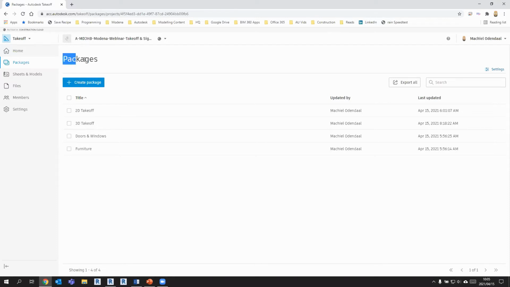What I'm going to focus on is the package environment. You can see I've just generated four types of packages, 2D and 3D takeoffs. We are mostly going to work in these environments, but you can create or break down your different takeoff packages into different segments however you want. One nice feature is, depending on how many you have, you can export all of these packages as one big data set out to Excel. Now, if we first navigate into the 2D takeoff environment,